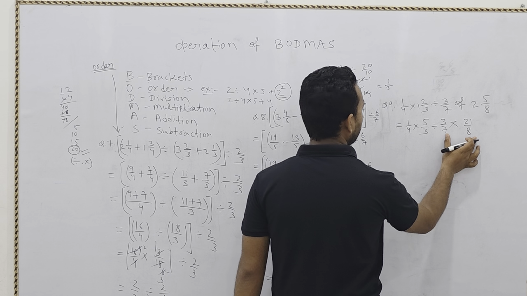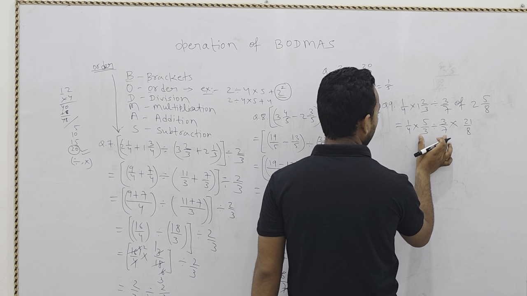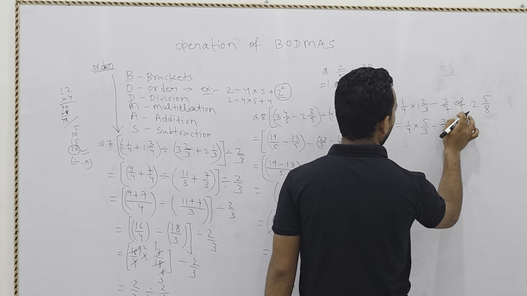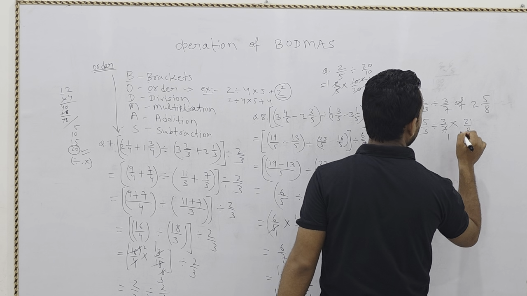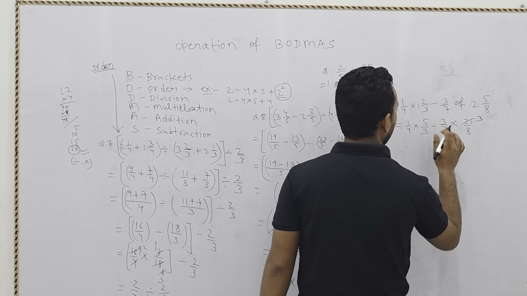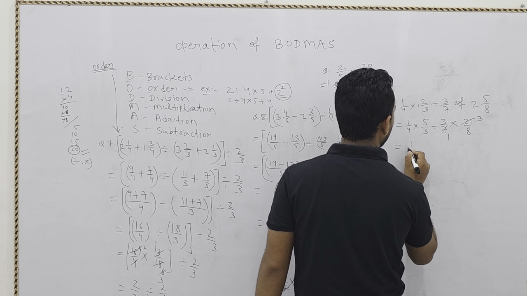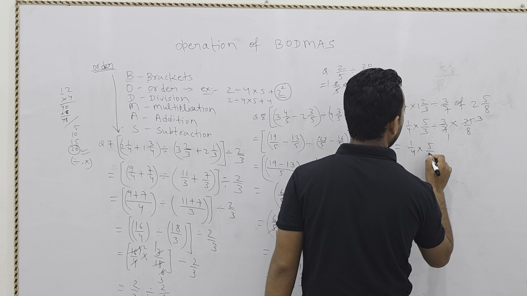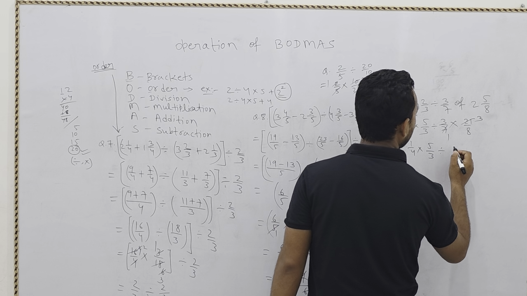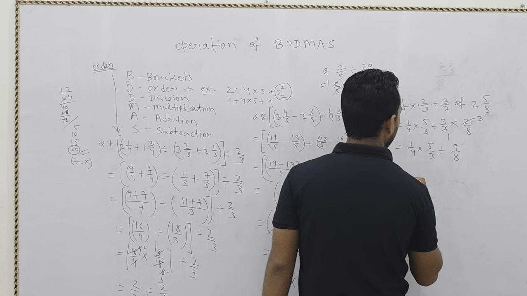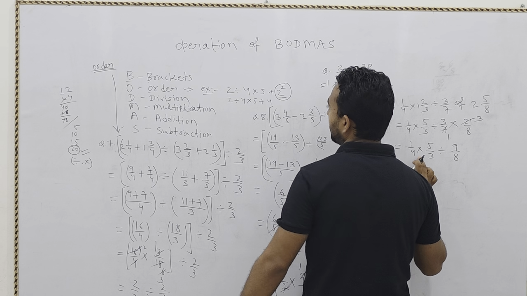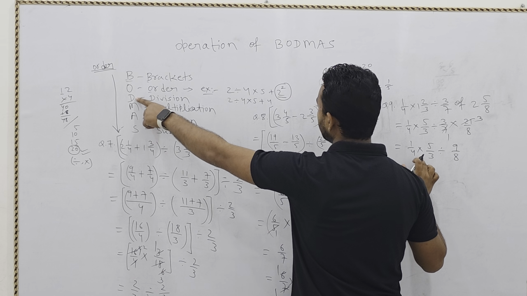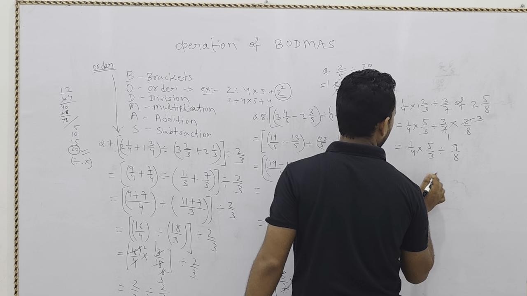So here we will solve this portion first, not this division portion, because it is of order. So here in the table of 7, one time gives this, 3 times gives this. Now it will not cut. Then ahead we will move: 5 by 3 divided by 3 times 3 is 9 by 8. Now first division, divisible or multiple. So first is division, so first we will solve this portion.